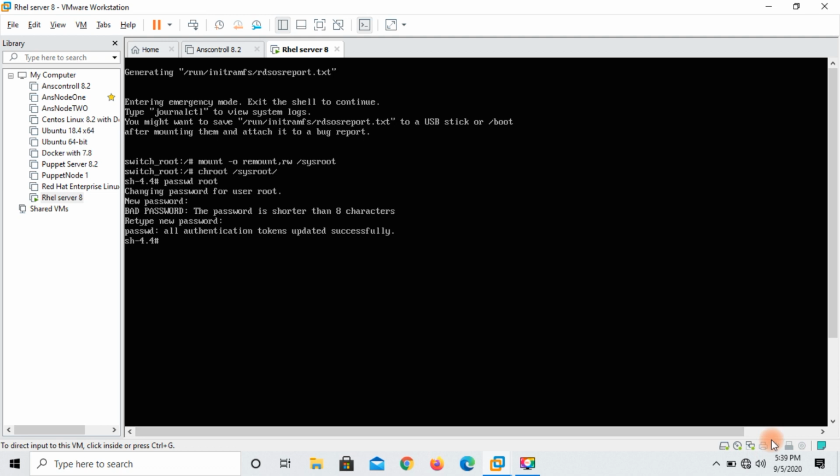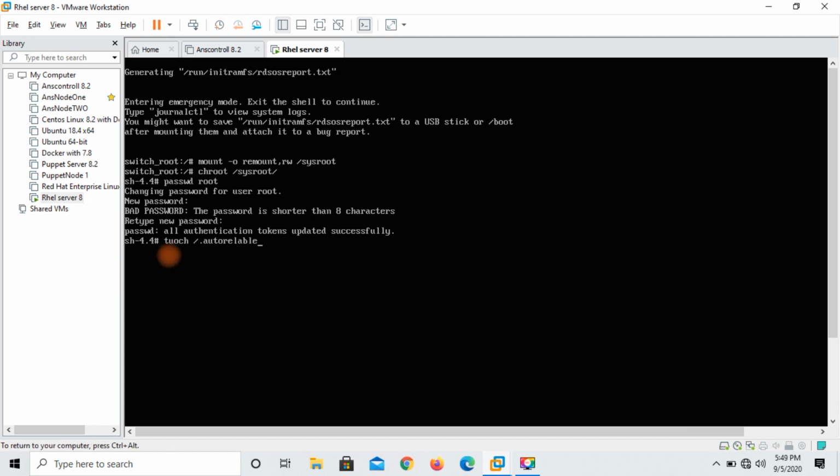Okay, it's good. Then I will create a blank file, because by default Linux is protected by advanced security, which is known as SELinux. If SELinux is active, then every file has a label. When SELinux is enabled, I need to create a file with touch /.autorelabel.